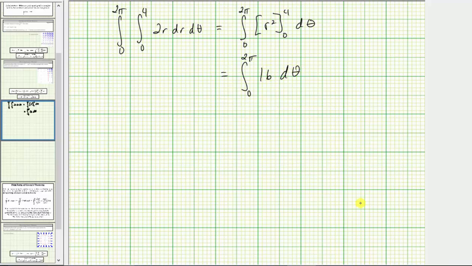And now we integrate with respect to theta, which is just 16 theta. And now we find big F of b minus big F of a one more time. We have 16 times the quantity 2 pi minus 0, which is 2 pi, which gives us 32 pi